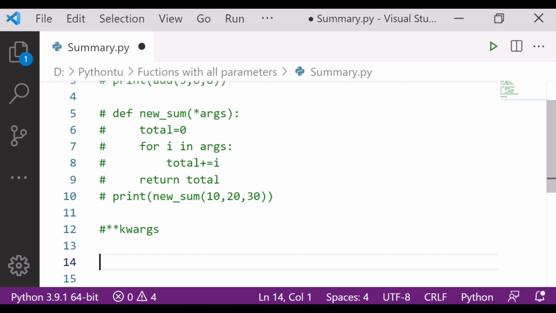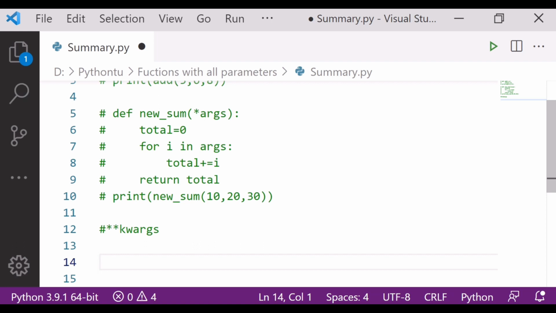So what is the meaning of kwargs over here? Kwargs collect all the keyword arguments that are not explicitly defined. It does the same operation as args, but for the keyword arguments. By default, kwargs is an empty dictionary, and it also allows us to take any number of keyword arguments. So how to do that?